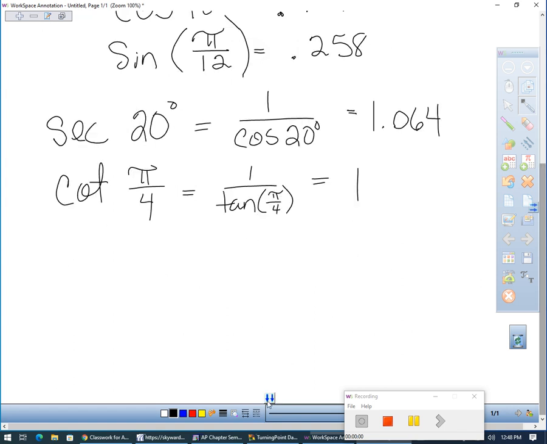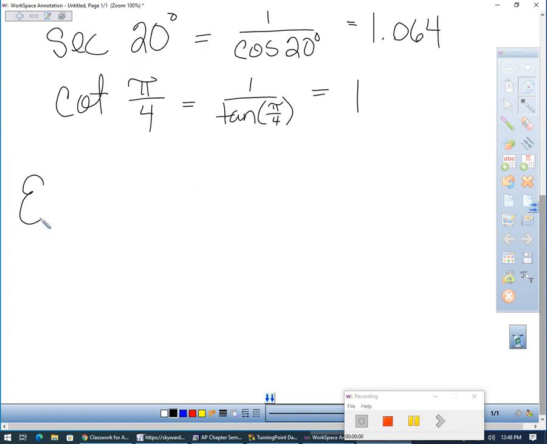All right, example number 2. Example number 2 is going to cover your 41 through 47. So in this one,